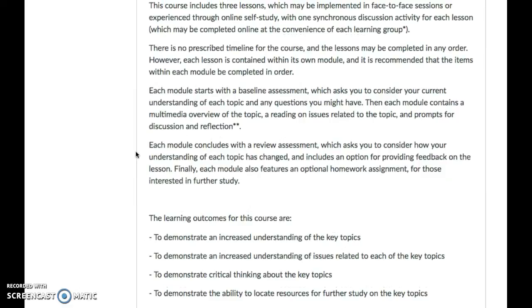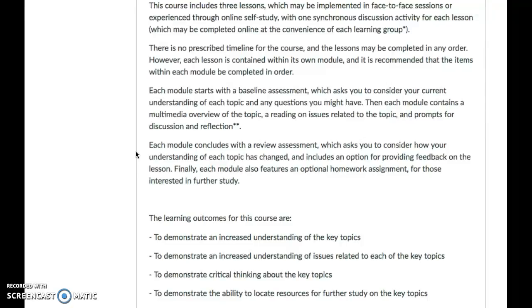This course includes 3 lessons, which may be implemented in face-to-face sessions or experienced through online self-study, with one synchronous discussion activity for each lesson, which may be completed online at the convenience of each learning group. There is no prescribed timeline for the course, and the lessons may be completed in any order. However, each lesson is contained within its own module, and it is recommended that the items within each module be